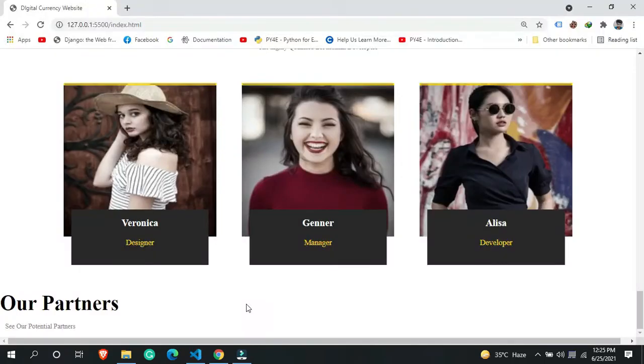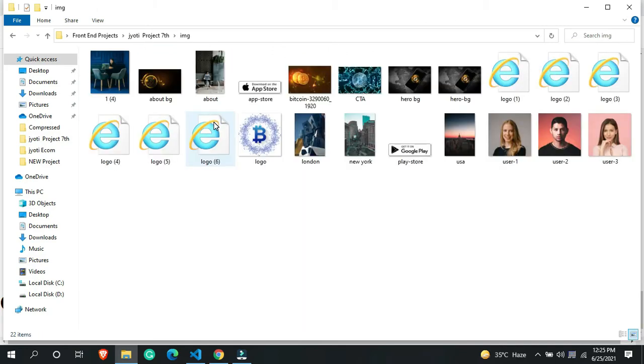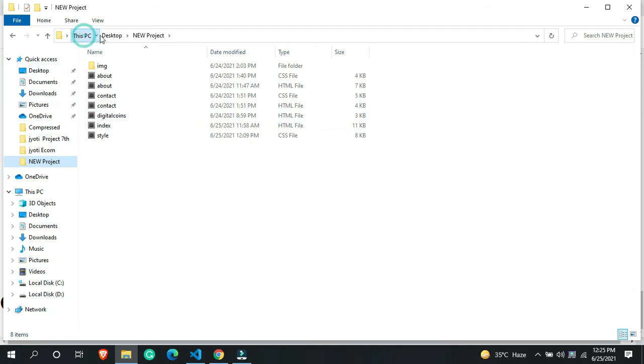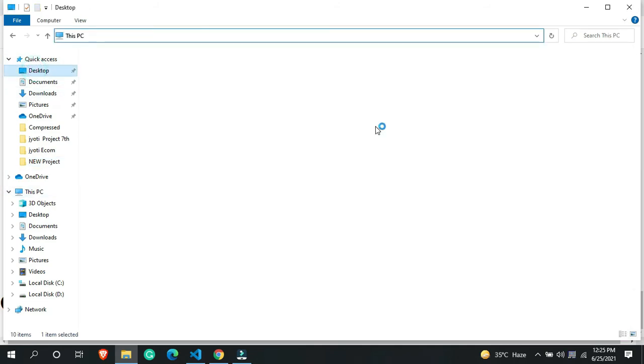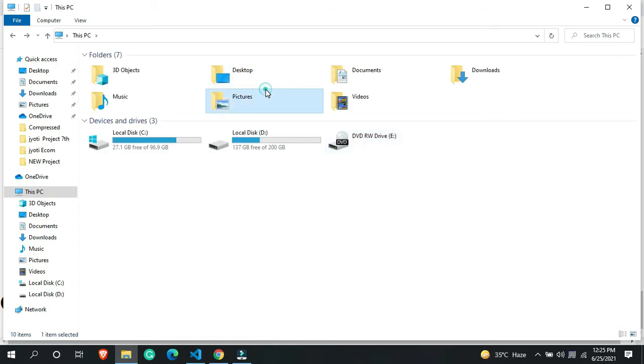Okay, let's go to the particular folder where I have all the logos. So these are the logos that we are going to use. Let's copy these logos, go over here and paste them.